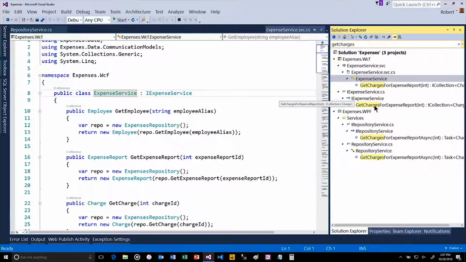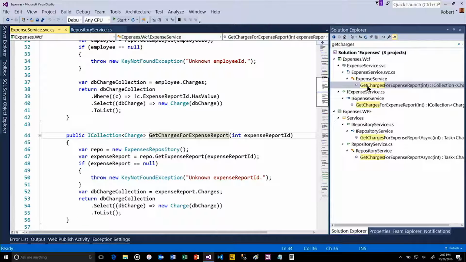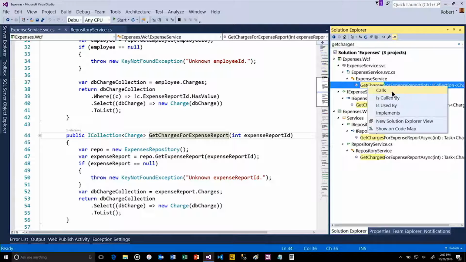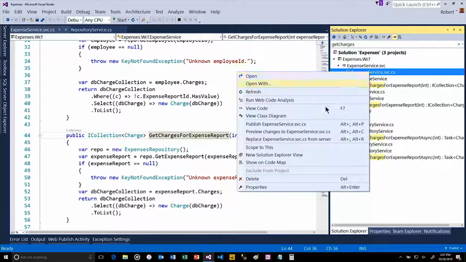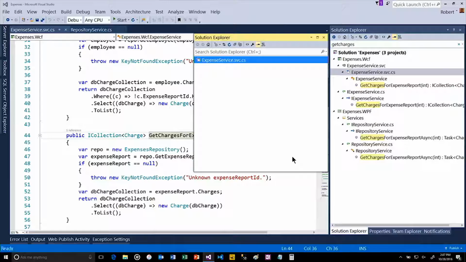Is it the one in the interface? Is it the one in the actual code? Is it the one that's in the client? This is the one I wanted. Double click on it and go straight to it. If I right click on this, I can see what this calls, what this is called by, what it's used by, what it implements. And then what I can also do is if I just want to work with this file, I can right click on this and create a new Solution Explorer view,